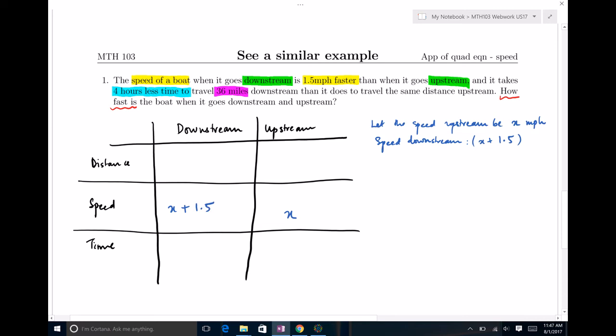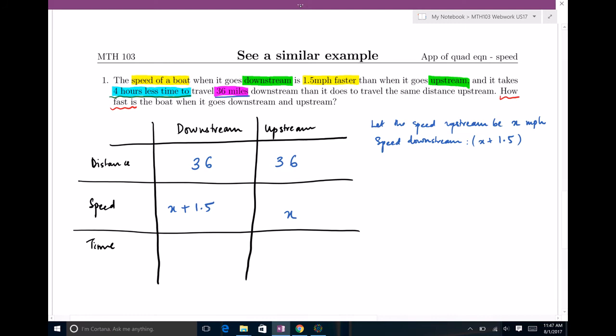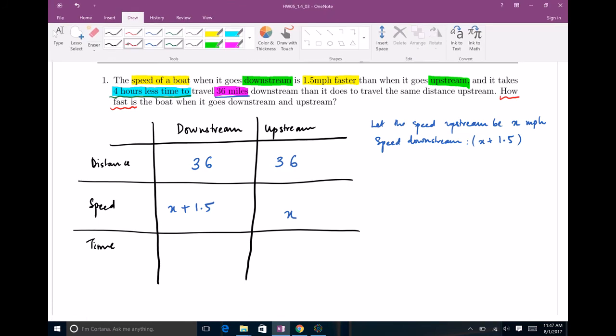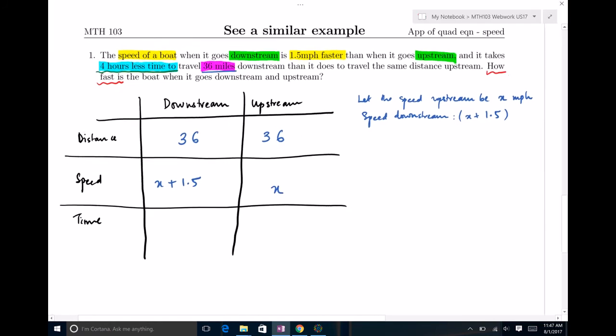Okay, what else can I fill in? The distance is easy. I know already that it's just 36 miles, so I can fill in the distance traveled downstream as well as upstream as 36 miles. But we still need to find out the time. And all we know about the time is that we're told that it takes 4 hours less time to travel downstream. Now, I'd rather not include another variable of time, so instead, I'm going to write down a very, very